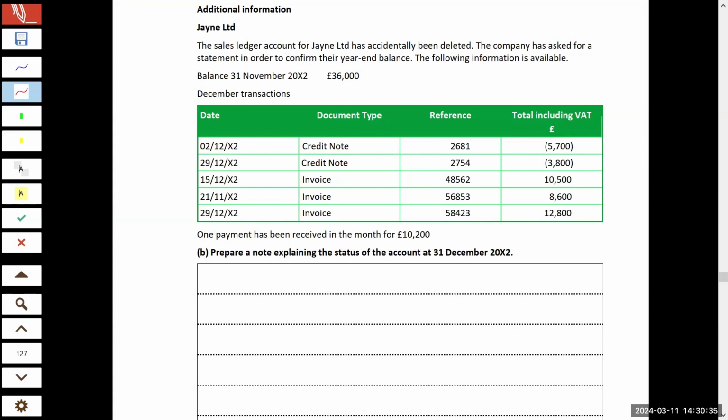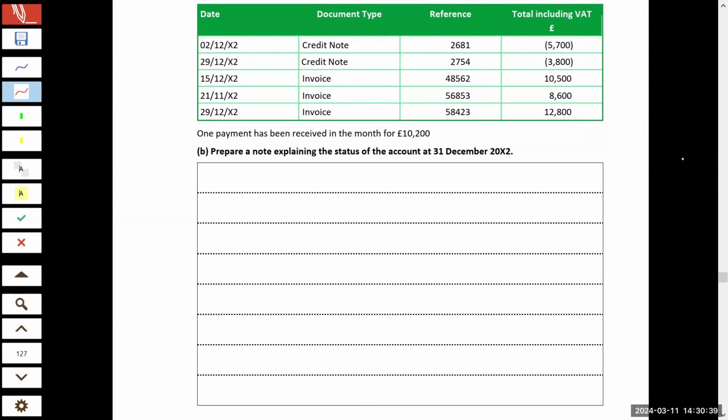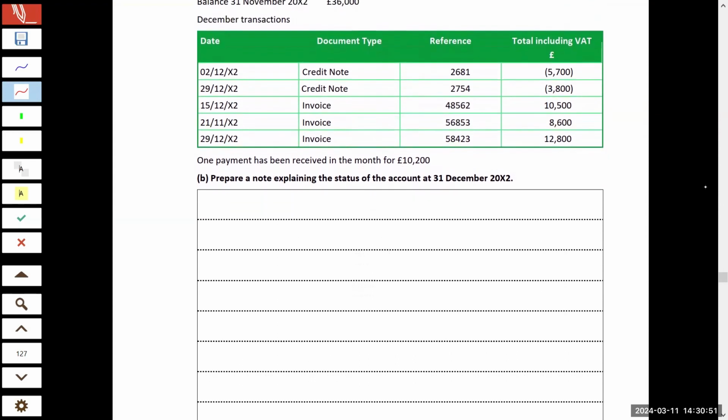Really straightforward with this. Now, this is a written question. In truth, I'm not really going to write this out. I'm just going to give you the figures because, as long as you write about the figures, it doesn't matter how you tell me about them, as long as your figures are correct and everything adds up. I'm trying to work out, okay, how much is actually owed? Well,